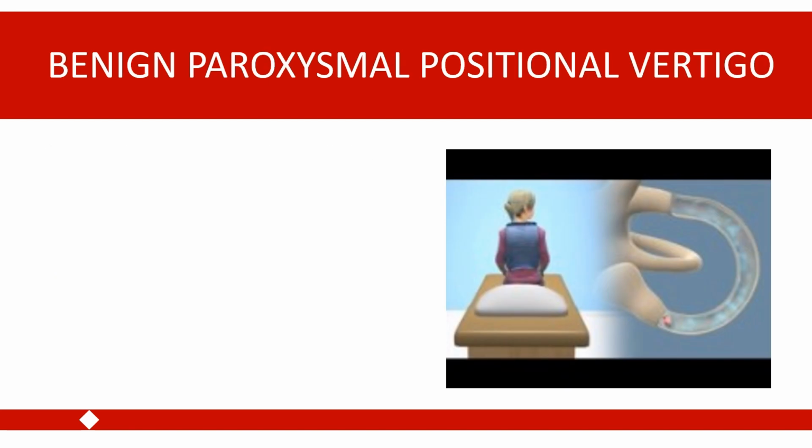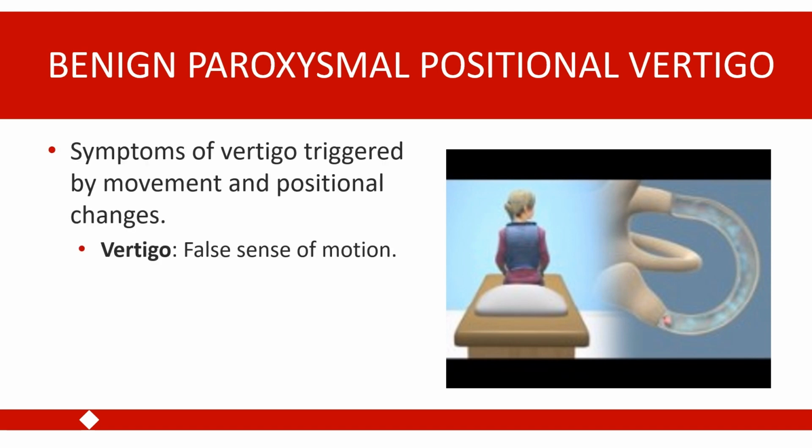One way that we can learn about our different senses is, similar to our discussion of the functions of different brain regions, we can discuss what happens when there are disturbances to our different sensory systems. So we're going to talk briefly about a disorder of the vestibular sense called benign paroxysmal positional vertigo. Benign paroxysmal positional vertigo occurs when an individual has symptoms of vertigo that are triggered by movement or positional changes. Vertigo refers to experiencing a false sense of motion, so feeling like you are moving when you are not actually moving.